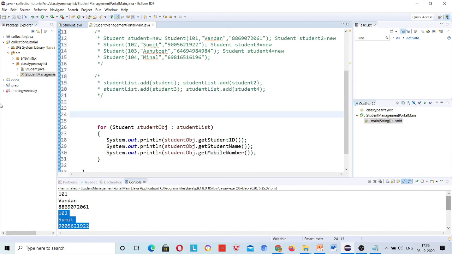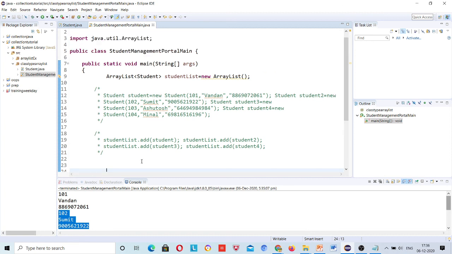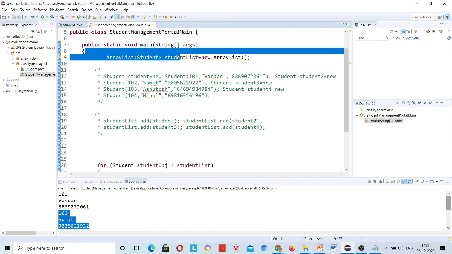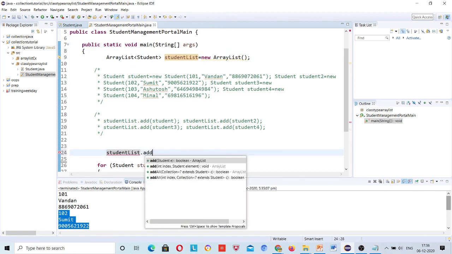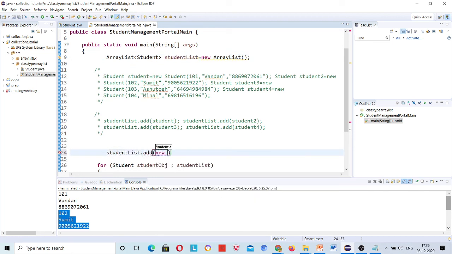And then how I will do it in a shortcut way: student list dot add, just simply write new Student, right? And provide 101, Vandan, and mobile number, right?